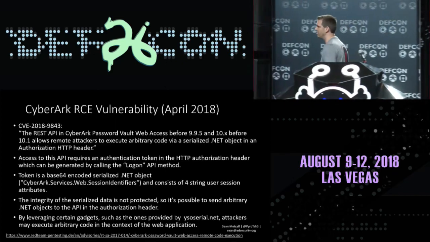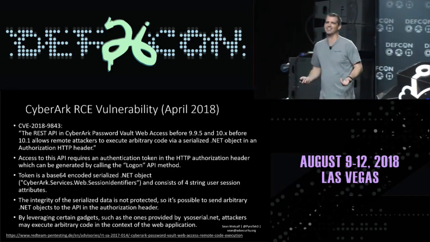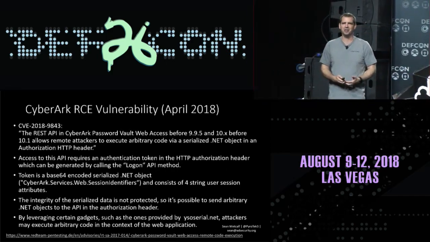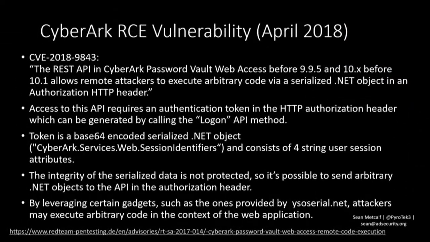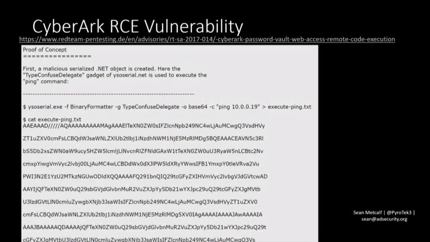So while I'm talking about vulnerabilities, there happened to be one a few months ago for CyberArk. This was an RCE, so that's about as bad as it can get, right? This had to do with a serialized .NET object in the authorization HTTP header. This pen test team realized that they could modify the information that was sent to this API that's built in, part of the web server, and connect into it. And what they could do is use ysoserial in order to modify it, and they could run ping on that system. They could do something else on it, which is pretty interesting.